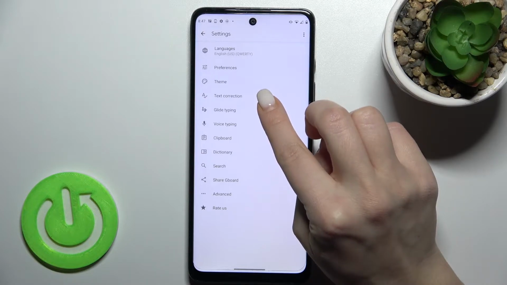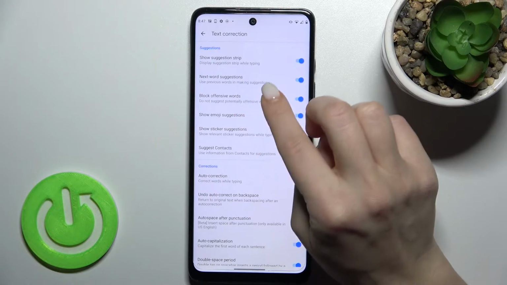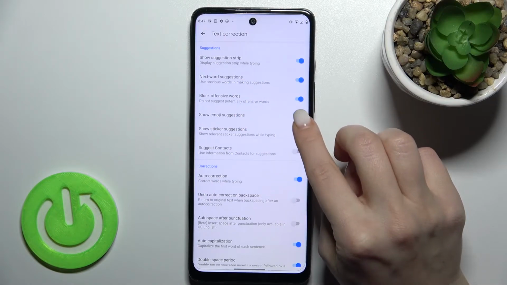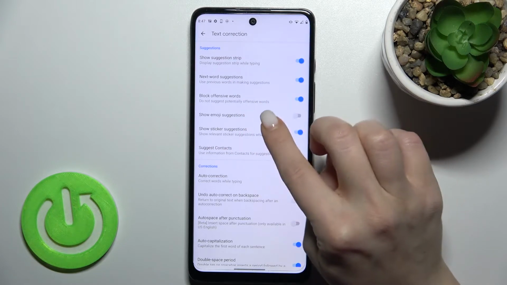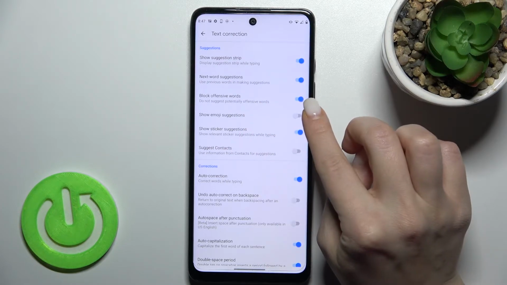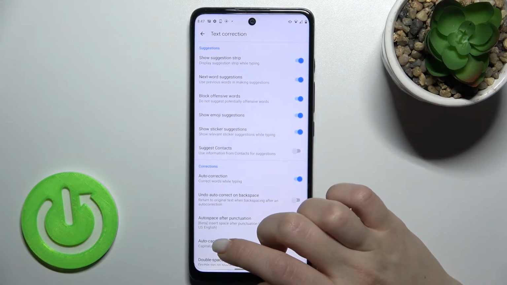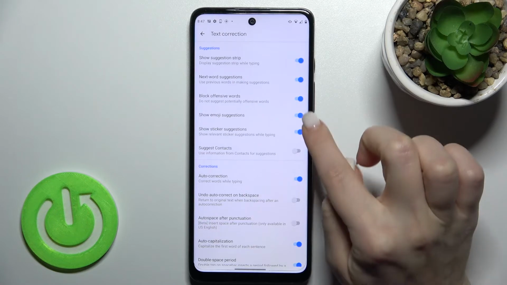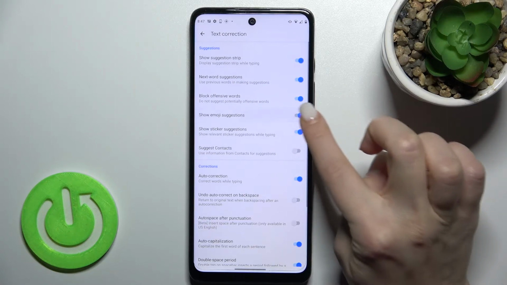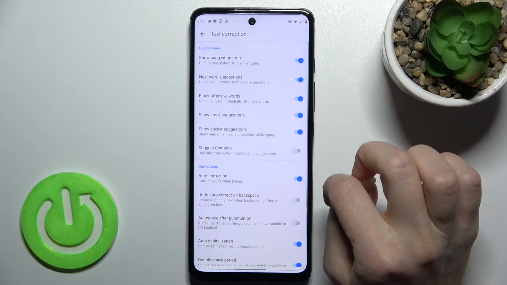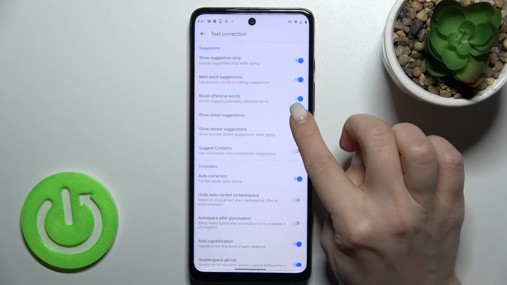Here you'll see the text correction settings. And here we got the show emoji suggestion switcher. Now just to enable and show the emoji suggestions on our device while during the typing, you can tap once here on the switcher, and just to turn it off, tap here again on the switcher, and by this way you can change the emoji suggestion settings. So that's how it